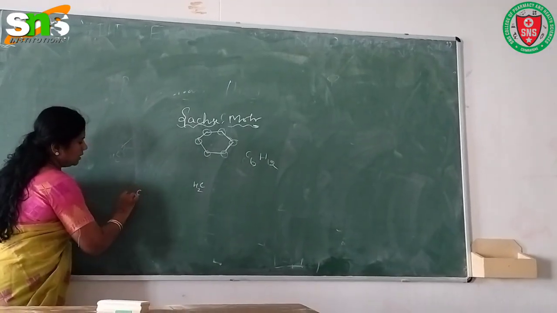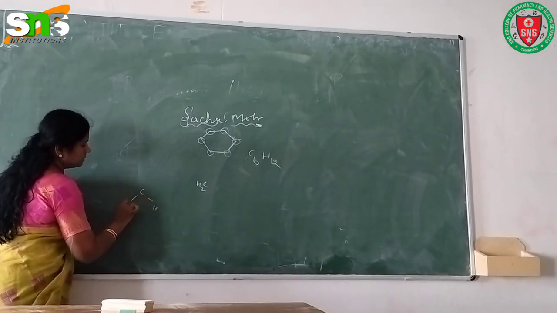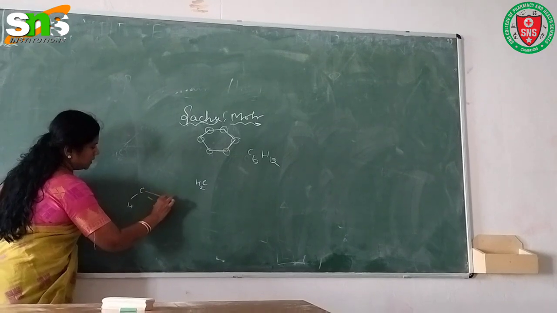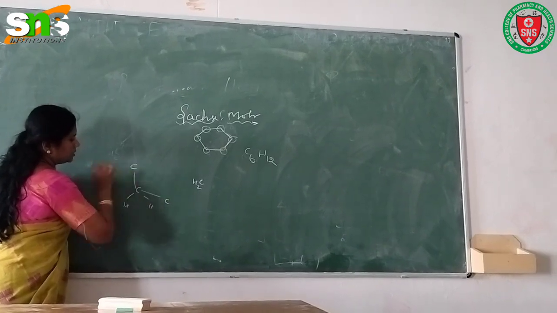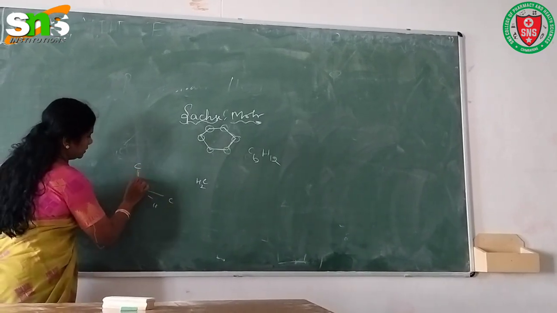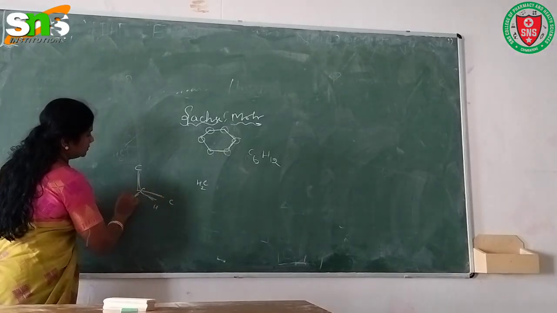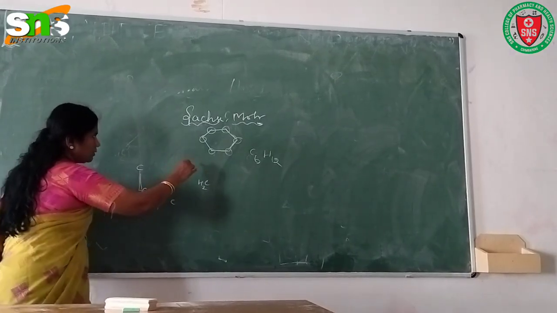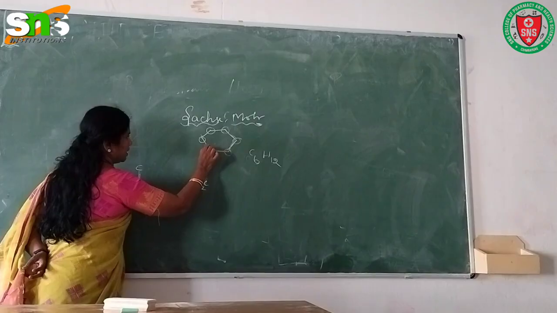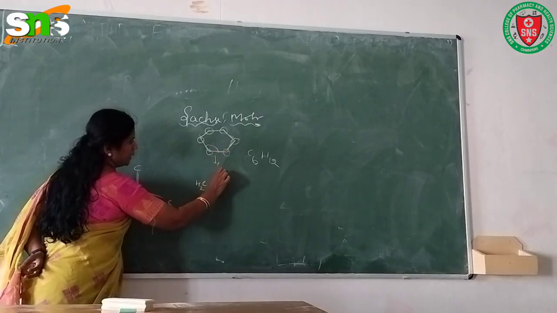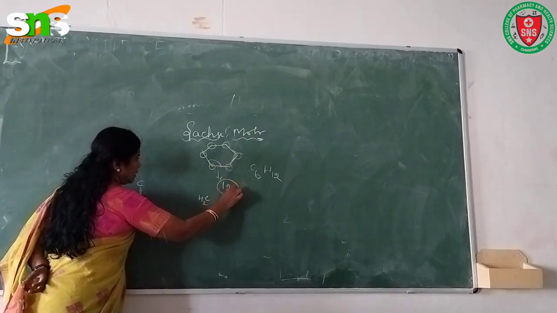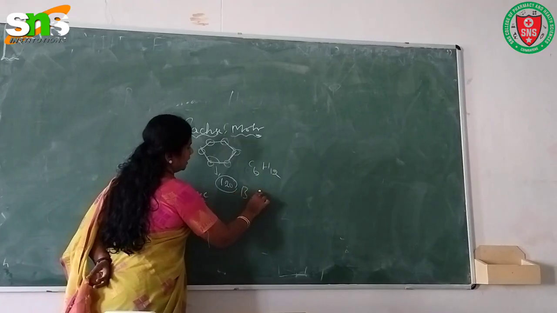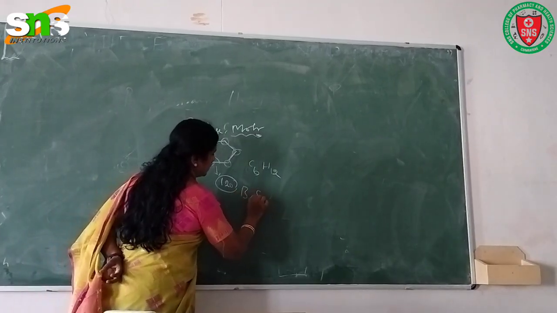That means you have 2 hydrogens, and another bond is with the carbon and another bond is with the carbon. So you have this bond angle. We are expecting in a cyclohexane type there is an obtuse angle like 120 degrees, and we are expecting the angular strain of the Baeyer strain